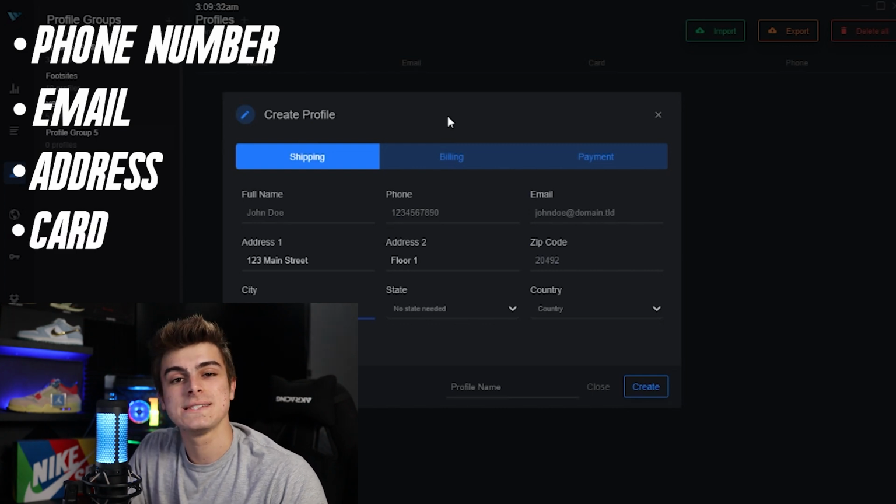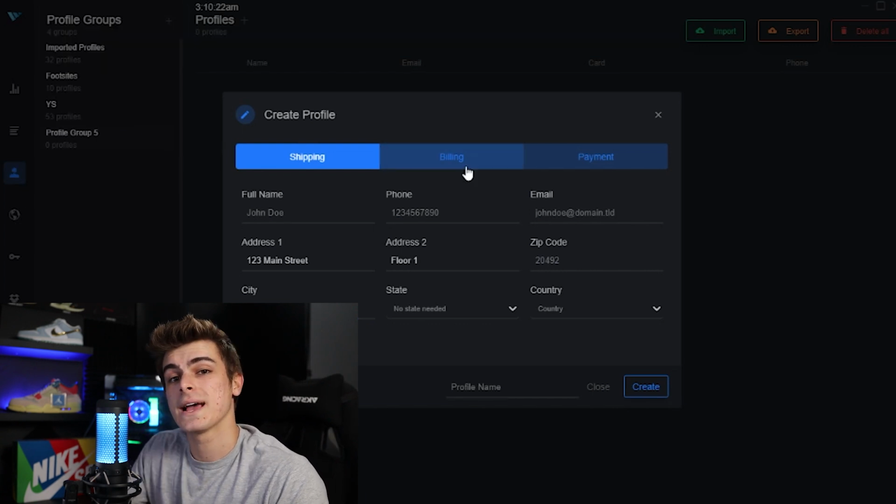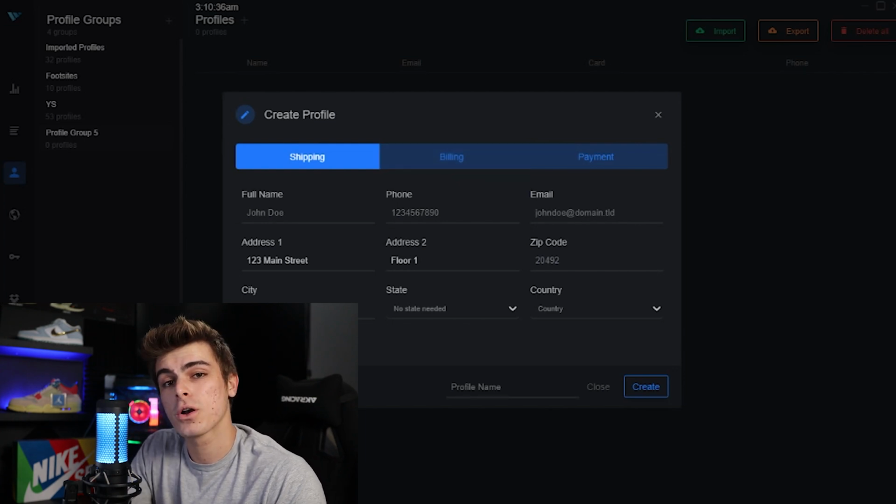You want all 4 of these things to be different on every profile that you make, and that's really going to be your best bet for avoiding declines on Yeezy Supply. The next section of the profile that we're going to be talking about is going to be our cards. Both hard cards and virtual credit cards should work fine on Yeezy Supply, although results are going to vary from